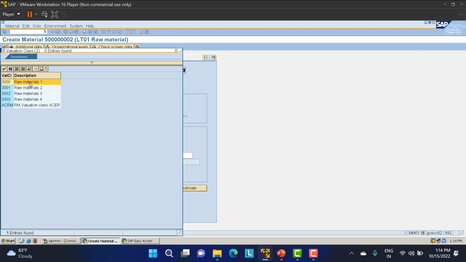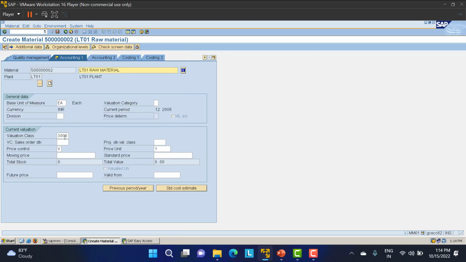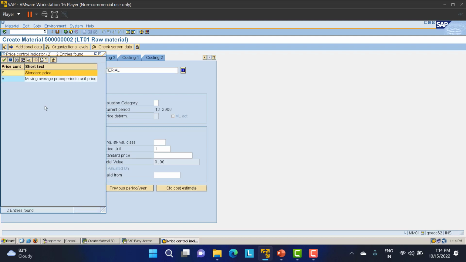Why do we require the valuation class? Because through the valuation class some accounting entries will be hitting. In the further run we are going to see what the different accounting entries are. I'll choose this valuation class as 3000, and here price control we have maintained as V, that is the moving average price. And yes, you can also maintain standard price, but most of the time